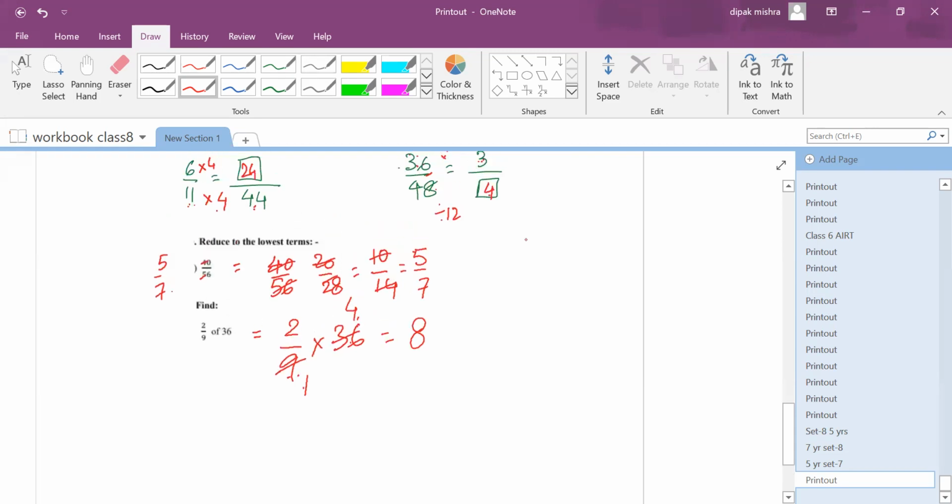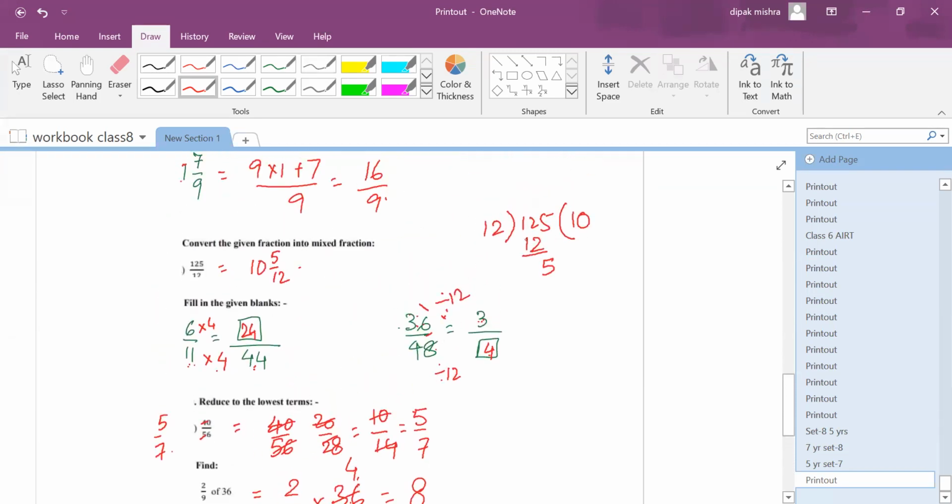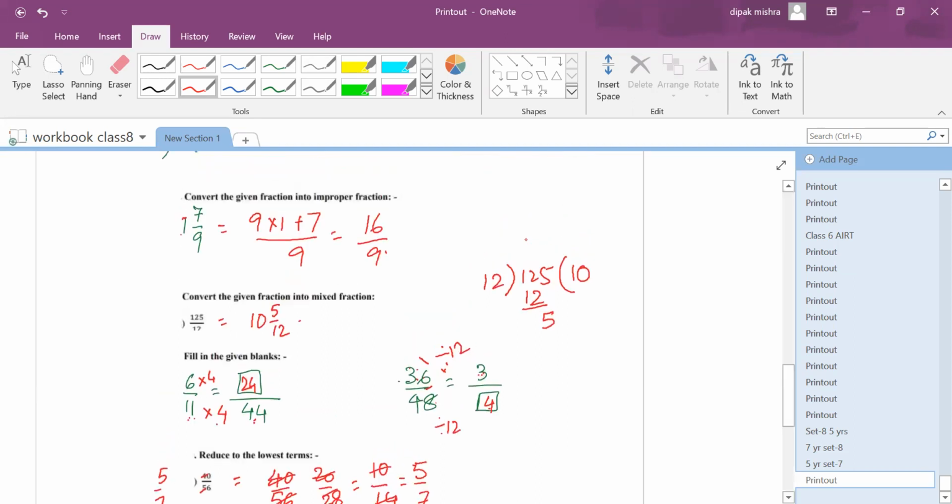Right? So this was one of the small worksheets of class 5 of fractions, which had all the NCERT questions of all types. I hope you liked the video, and I hope this video will benefit you in your